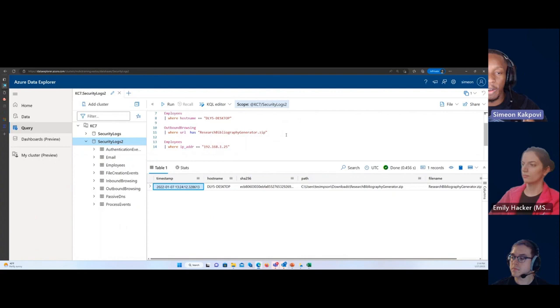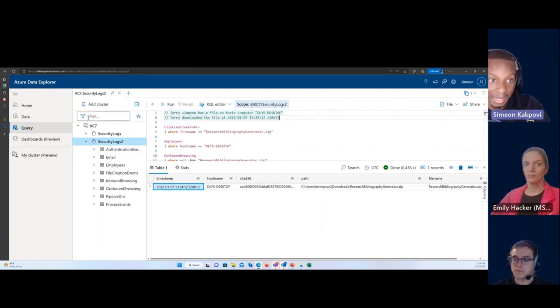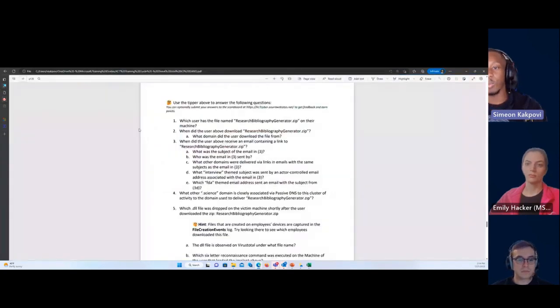So here's what we know: a malicious file is on disk for Terry Simpson. Terry Simpson downloaded the file. They clicked a link that got them to the file. And the question we want to ask, of course, is, how did they get the link? In this case, we're going to guess that maybe they didn't just directly browse to it. They clicked the link via an email, right?